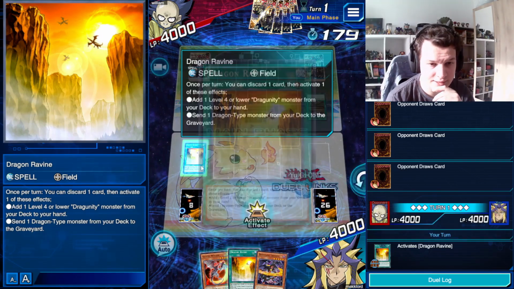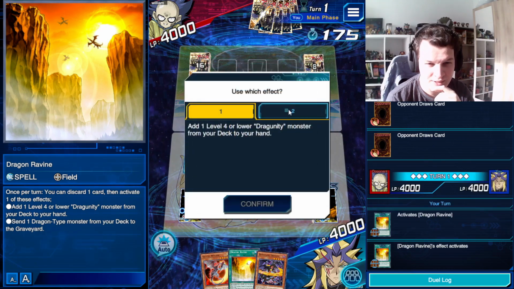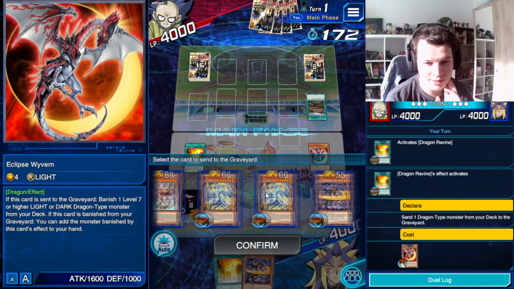Does it suck? I can access Leviton 1, but I can't really do anything with it, and the sun is beaming down on my face, so I can send Eclipse Wyvern. And then I can send...